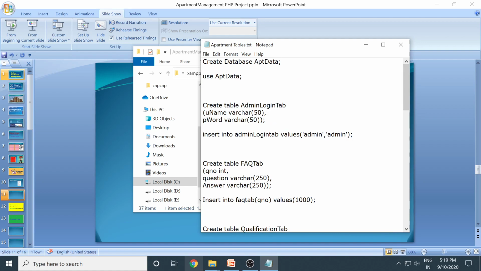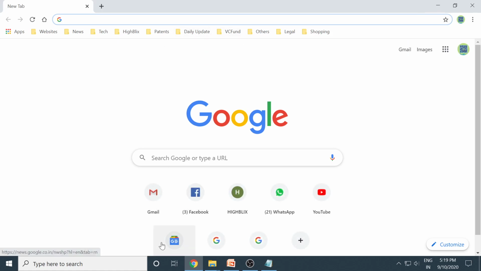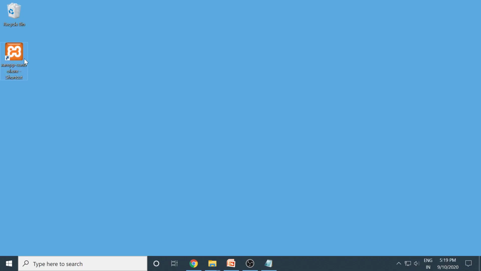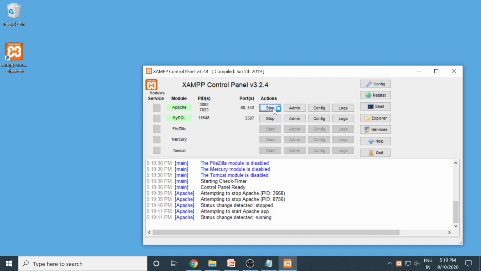In order to create them, let's go to Chrome or any browser. Before getting to that, you need to start the XAMPP server. So go to the desktop, check for the XAMPP server icon, double click on it, or you can search from the search window and start the XAMPP server. Here you can see that Apache server and MySQL are both running. If they are not running, you have to click start here, or stop and then start. If this one is not running either, you need to start that. Both should be running. Fine, now both servers are running. I can close this.